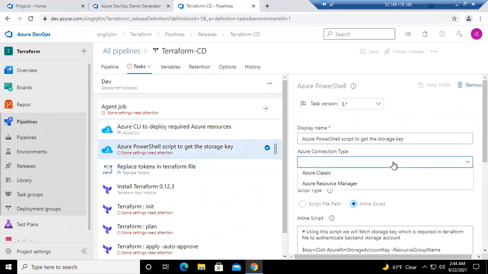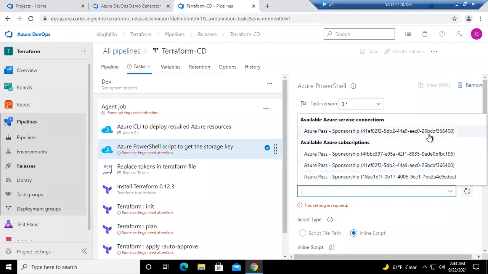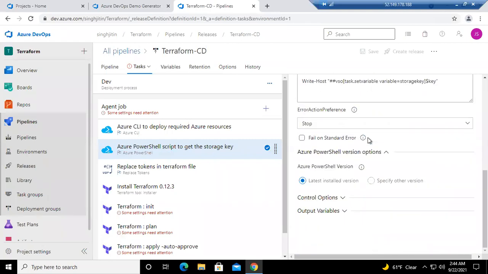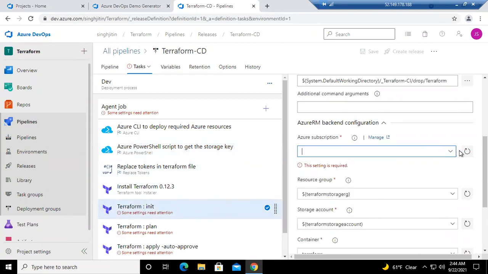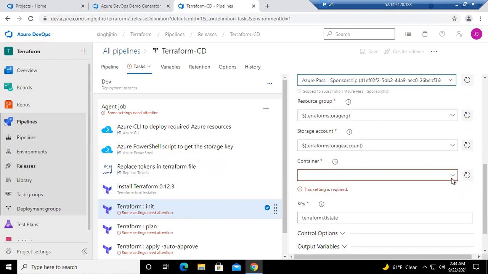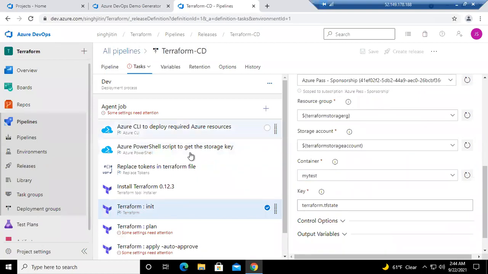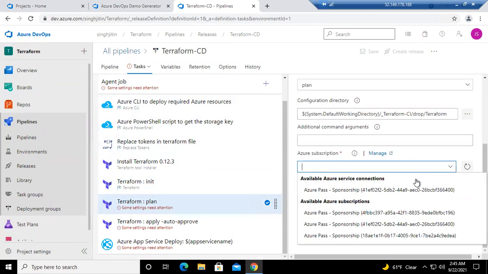Similarly, we will be selecting Azure Resource Manager over here. Classic will no longer be in use, guys. Further, you can mention which subscription you will be using, and then you will be proceeding with the execution of this as well. Any container that you will be using, guys, you can select. If you are not using one, mention the name. Let's say my test. It will help you create that Terraform test plan, guys. It's supposed to be authenticated through the subscription again.